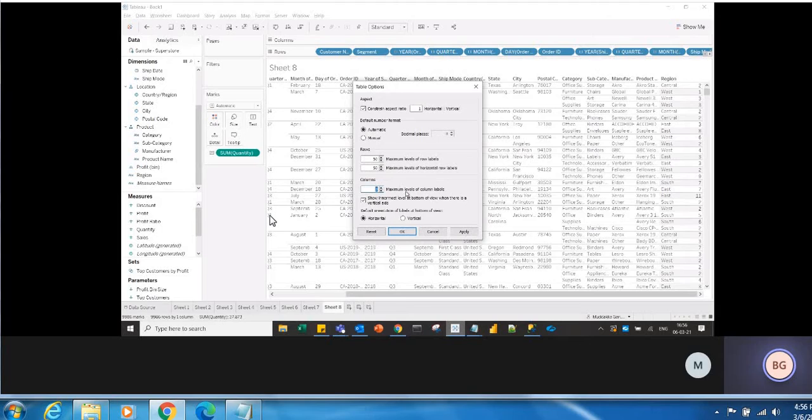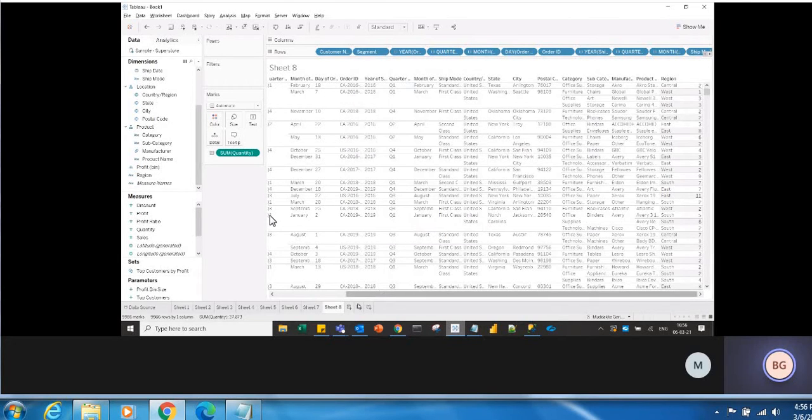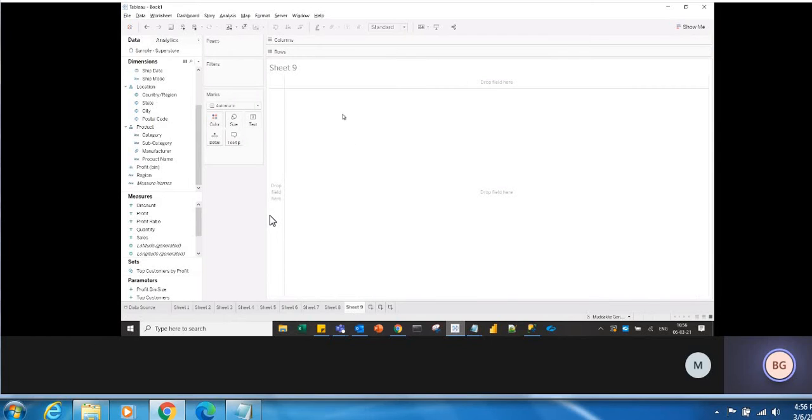But here you don't have anything for horizontal columns, because that itself is meaningless, correct? Columns are vertical, not horizontal, and you don't have an option here to increase the vertical. So let me cancel this and I'll show you what a column is. First you understand what is a column and what is a row. If I'm dragging the dimensions into columns, what is happening?